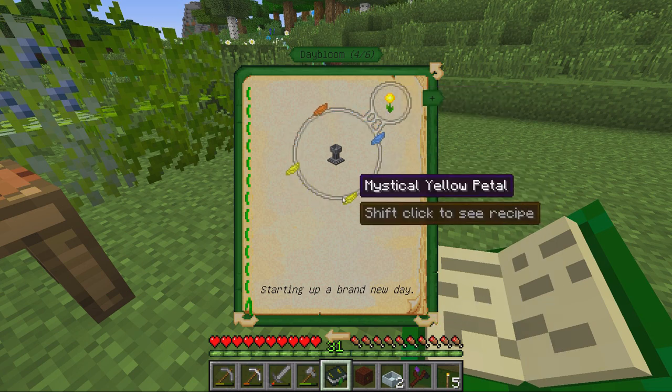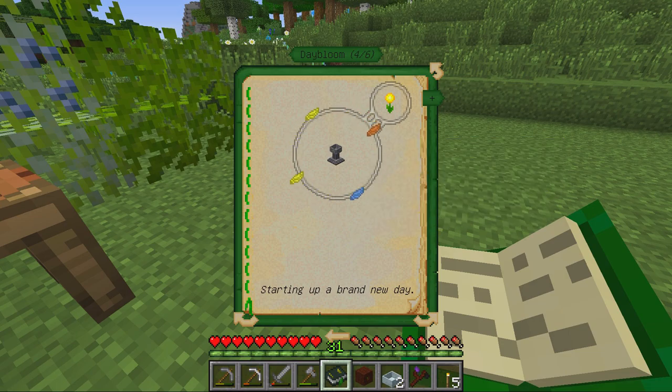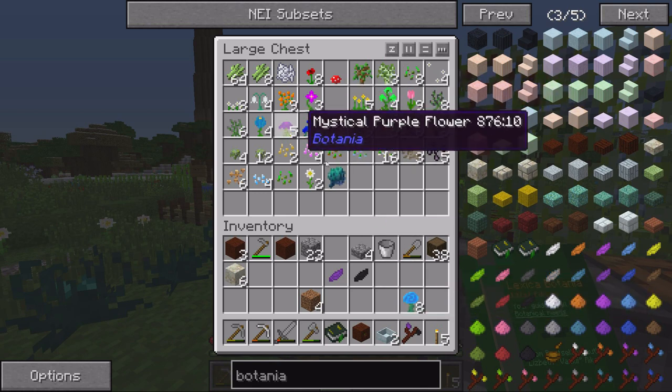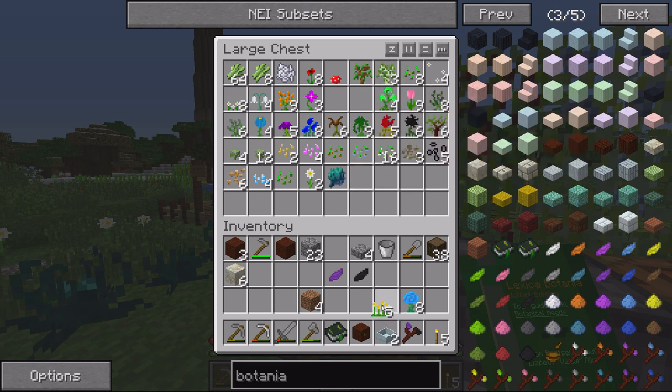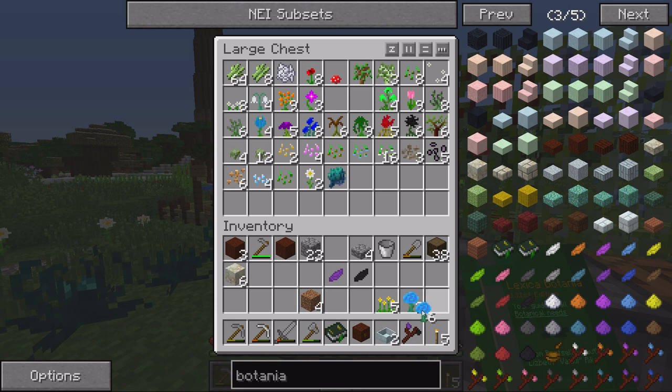To make a day bloom, you need 2 yellow, 1 orange, and 1 light blue feather. So do we have any light blue? Yes, we have light blue. How much yellow do we have? We need 2 yellow per. That's 2, 3, 4. Let's make 5 of them. So we're going to need